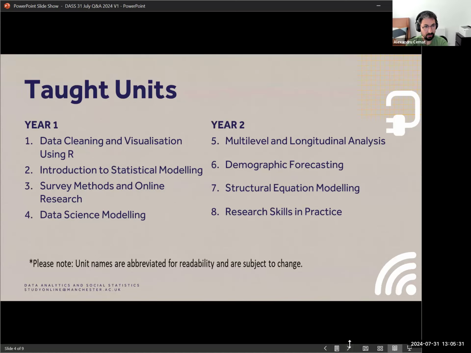So if we look at the content, the idea of this program is to combine programming skills, statistics skills, and communication skills, so trying to present results. The first module focuses on learning how to do statistical programming using R, which is a free software that is very popular in programming and in statistics and data science. You're going to learn how to prepare data, how to visualize it, how to do more advanced programming with it as well. Then we'll cover basic statistical modeling, so things like means, standard deviation, statistical tests, to more